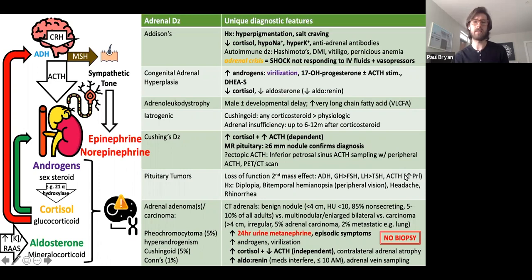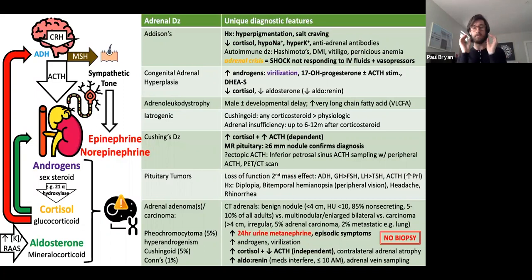And remember that prolactin is the unique pituitary hormone where you actually have inhibition from the hypothalamus instead of stimulation. So actually, if you have loss of inhibition, you have increased prolactin. And then just to go back kind of on a broader view in terms of the anatomy around the pituitary, don't forget about the specific mass effects that can happen around the pituitary tumors. So right above the pituitary is the optic chiasm, right? So if this thing is growing up towards there and putting pressure on it, that's where you get the bitemporal